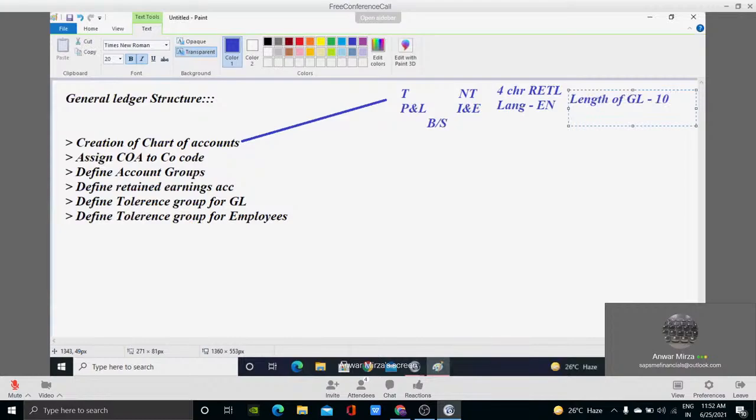Remember one point here: there are two ways to maintain an account. As far as Indian treasury and Indian accounting are concerned, we usually write down the text. Suppose I want to create one ledger like rent account, I will write down the name as text, like rent account or salary account. This is how I will create it. Correct?